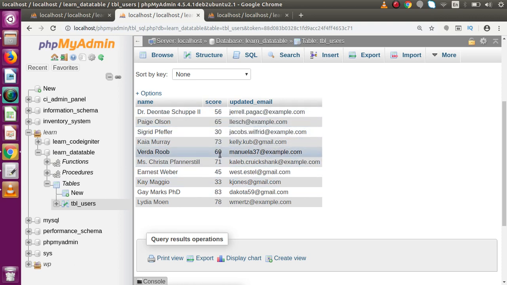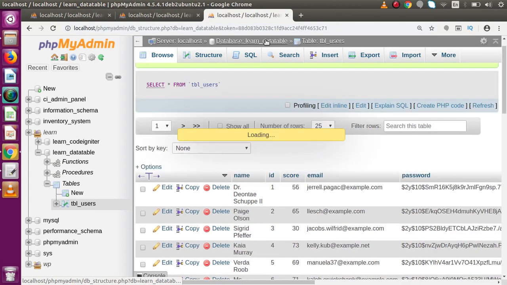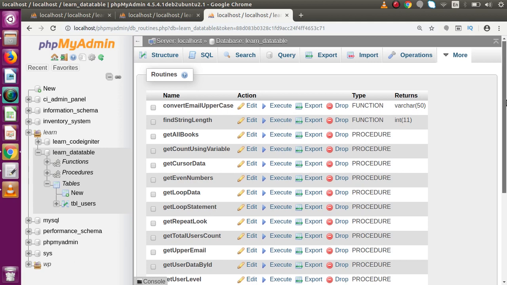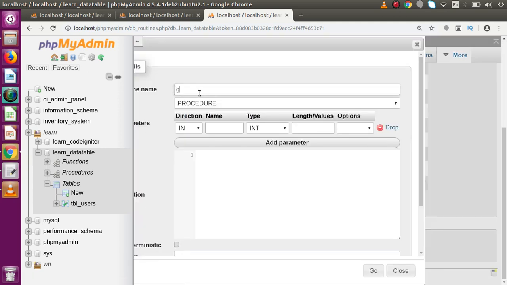After taking that, it will compare it with a certain range, and on the basis of that range it will return something like bad, good, average, or the failed remark. So if I go here, click on More, this Routines section. Inside this I'm going to create it manually this time. So add routine, let's say get